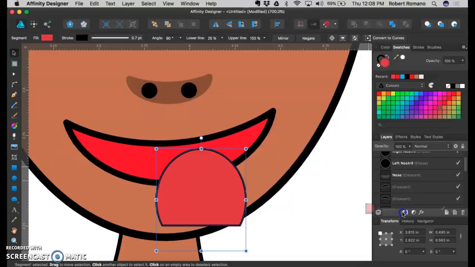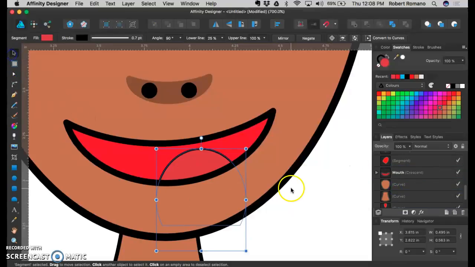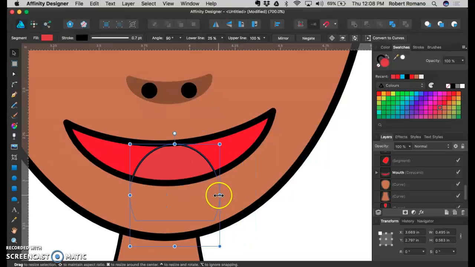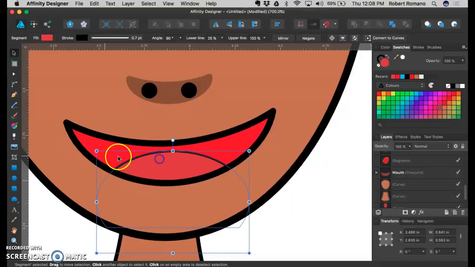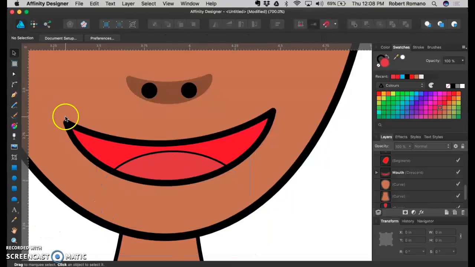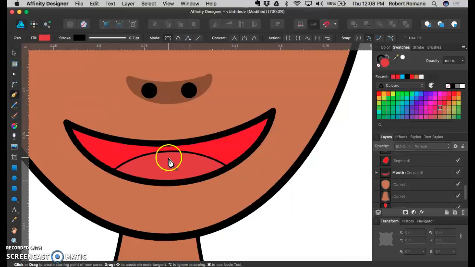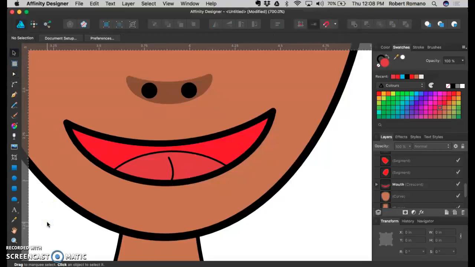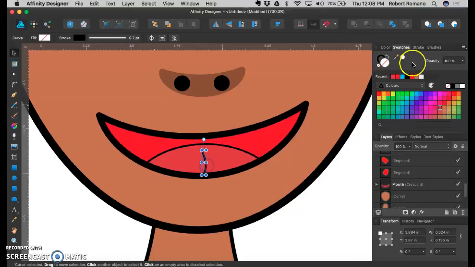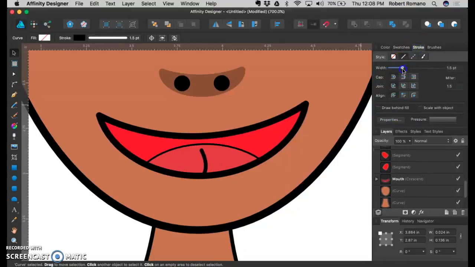Where's mouth? There's mouth. You can put that in the mouth. Resize and change it. You got a little bit of a tongue. Again, you can add another bit of realism by adding a curve, curving it a little bit. And you got his tongue. You can of course make it even